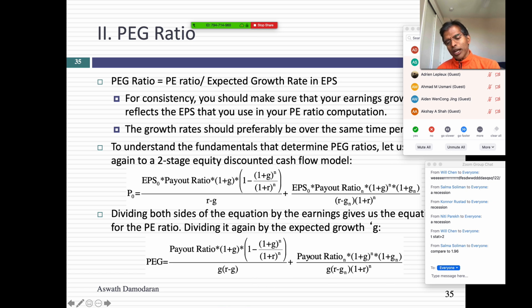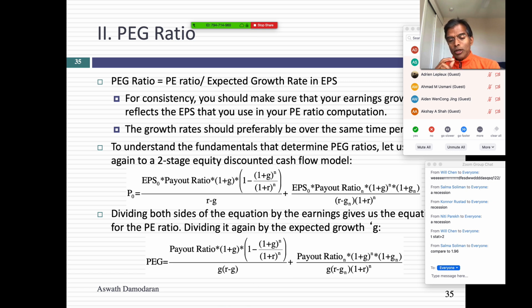I know this looks incredibly messy, but here's the thing I want you to ask. Remember the sales pitch for PEG ratios? If you do PEG ratios, growth is no longer an issue. Hey, when you look at the equation, growth seems to be an issue. In fact, it's all over the place. It's in the numerator, it's in the denominator. The relationship between PEG and growth rate has now become incredibly messy. And that's often the case when people take shortcuts.